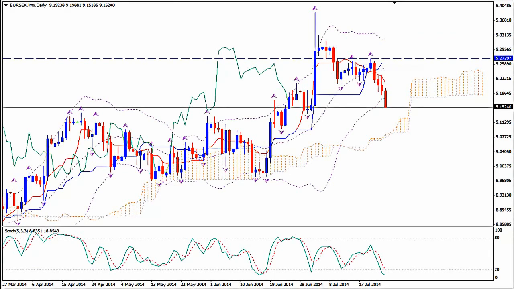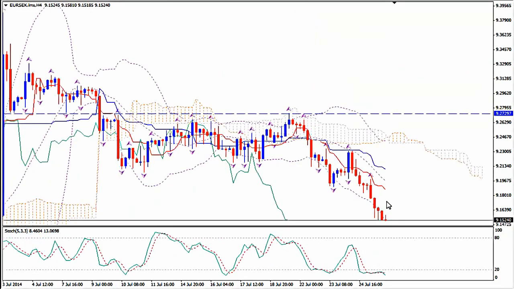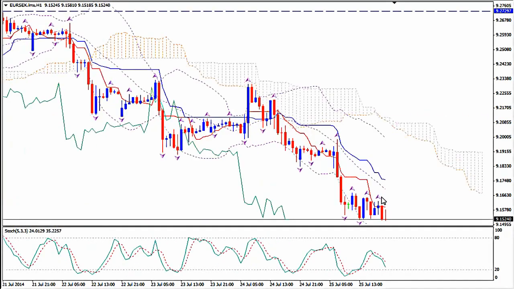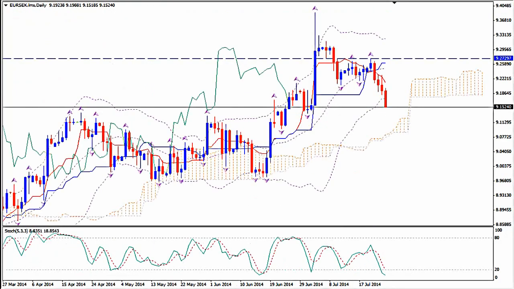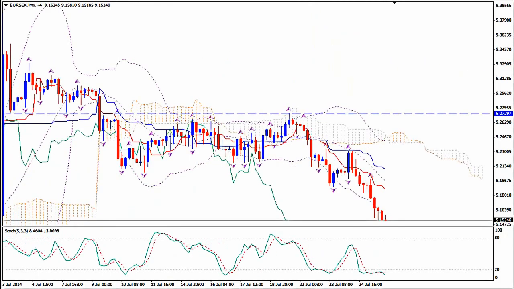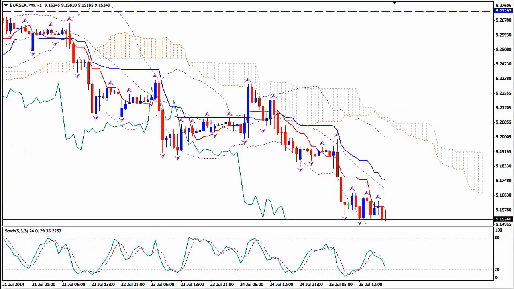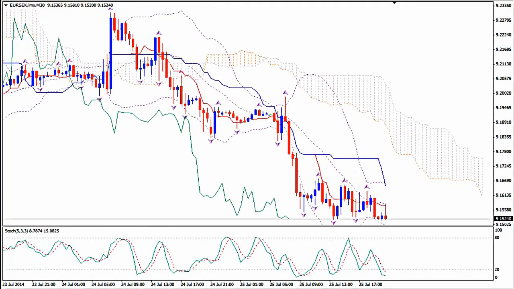and we either enter after we see a price approaching the median Bollinger Band on H4 or on H1, or we use the 4 time frames strategy. Daily is the highest time frame. We had a bearish price Tenkan-sen cross. H4 we had a bearish Kumo breakout validated by Chikou Span. H1 everything is bearish, so M30 we wait patiently for a bullish price Tenkan-sen cross, and then an upward move